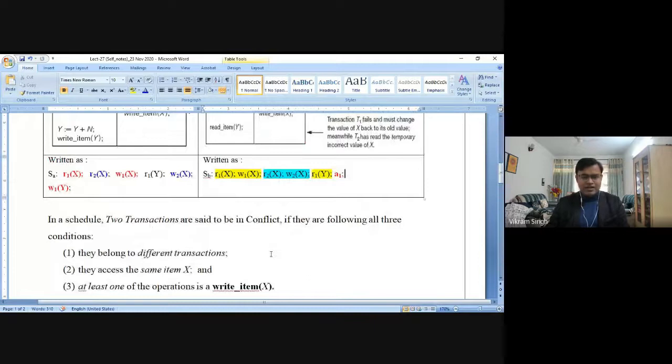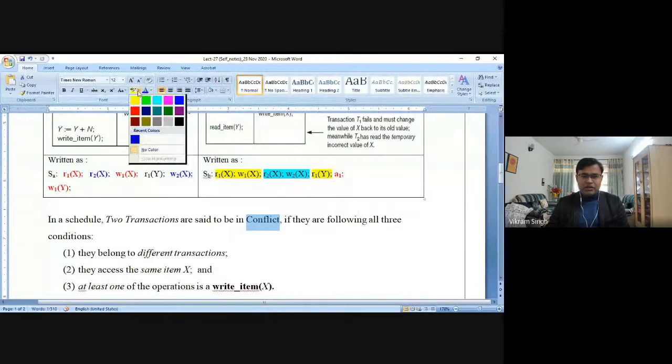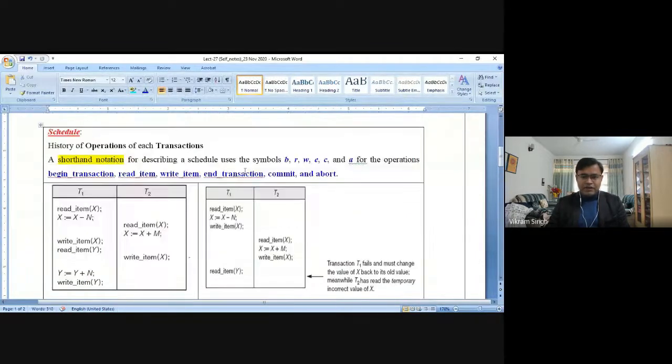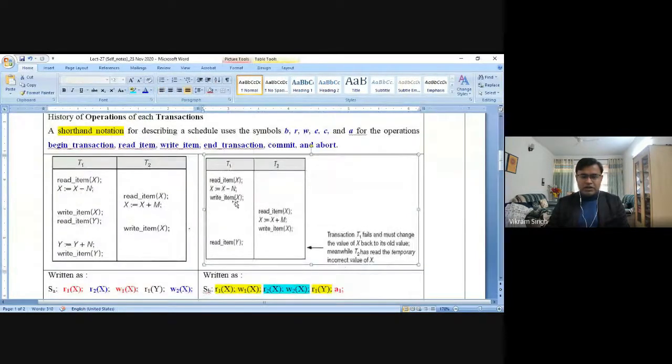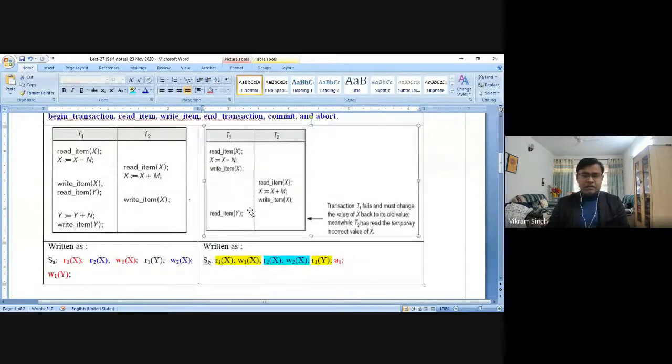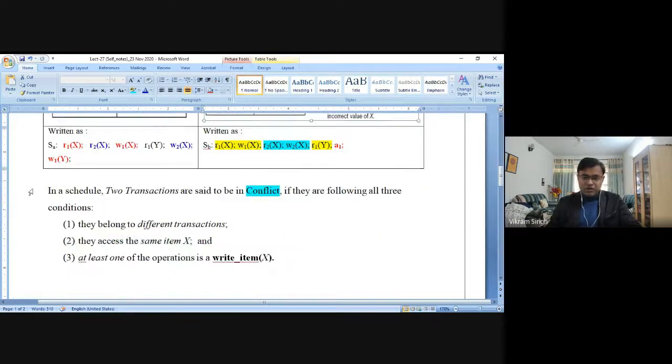This term conflict has an appropriate definition or conditions, you can say. Whenever we have these kinds of transactions involved, schedule A and schedule B, we could have multiple transactions defined or used within each schedule. And whenever we have two transactions that are conflicting for the same data item X, and at least one of them involves a write operation, then we can say these two transactions are in conflict, right? So that's what is defined here.